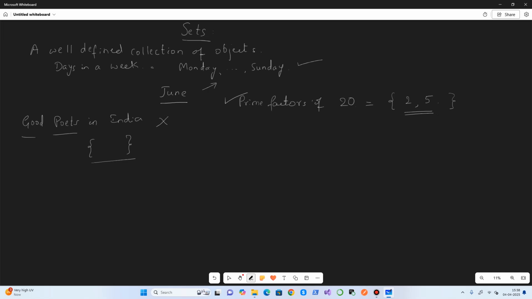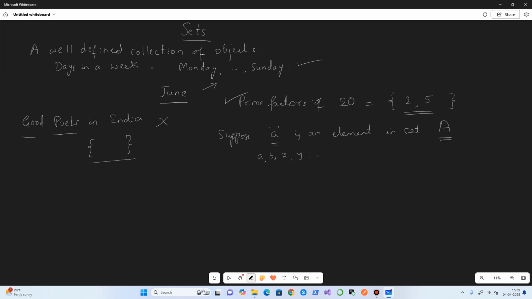For example, suppose a is an element in set capital A. So usually we represent the element or object inside a set as a small letter, and the set itself using capital letters, like capital A, B, C, and similarly here small a, small b, small x, small y, like that.